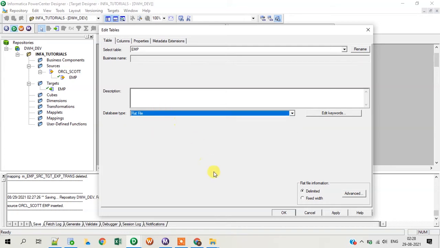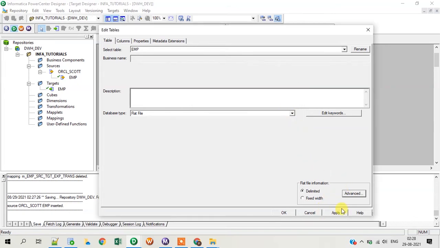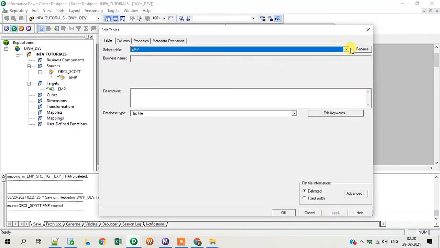So here I can change the database type to flat file, and in the advanced properties I can set up the delimiter for the file, as well as whether I want quotes or no quotes. Those details I can set up, and I will do apply and OK it,